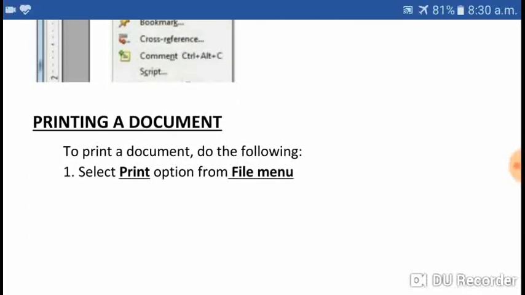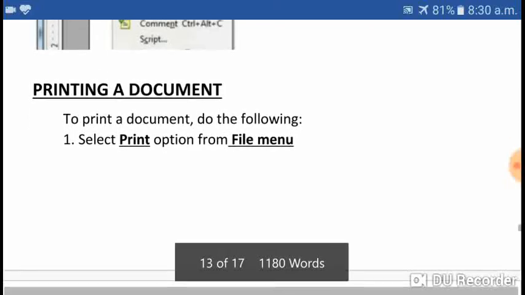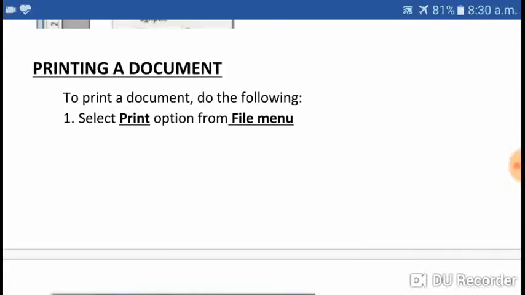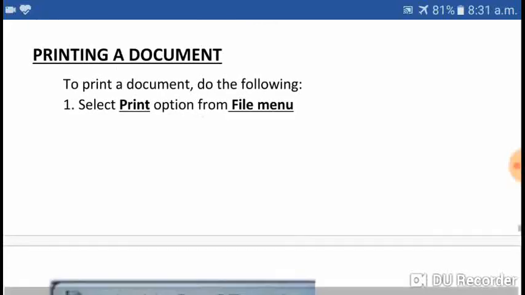Next and the last topic for OpenOffice Writer is printing a document. That is how to print. We want to make a hard copy of the document. What are soft and hard copy? Soft copy is whatever document or written text is on the device, in the system, that is the soft copy of your document. And if we print it and it is on paper, that is known as the hard copy of the document. To print a document in Writer, select the File menu and then click on the Print option.